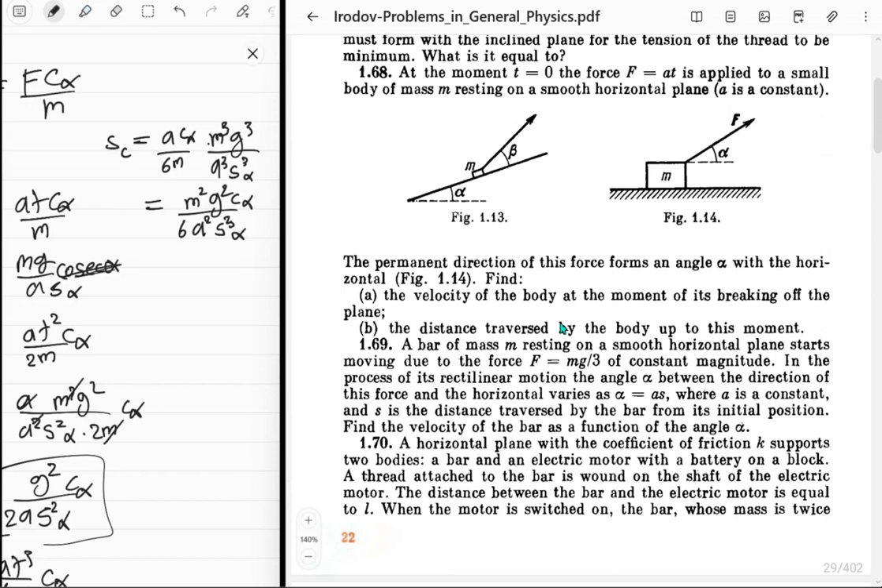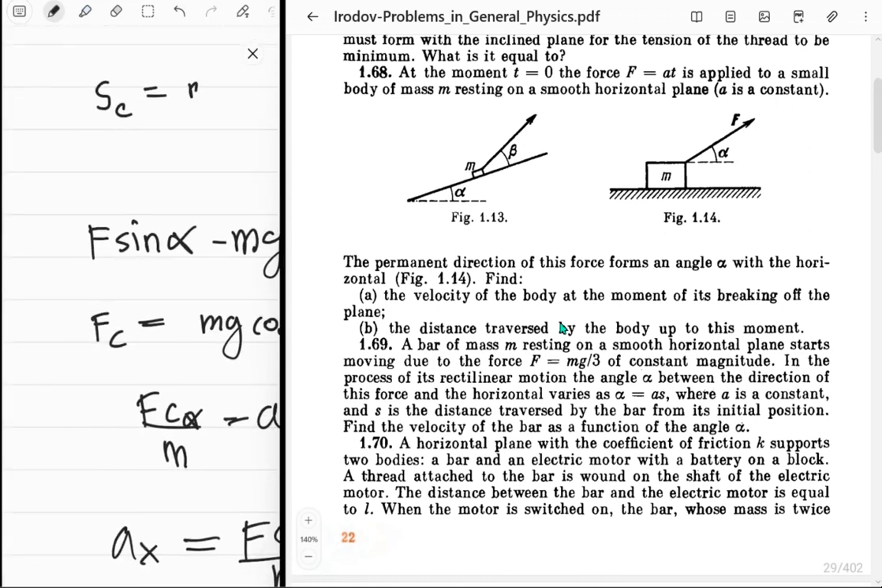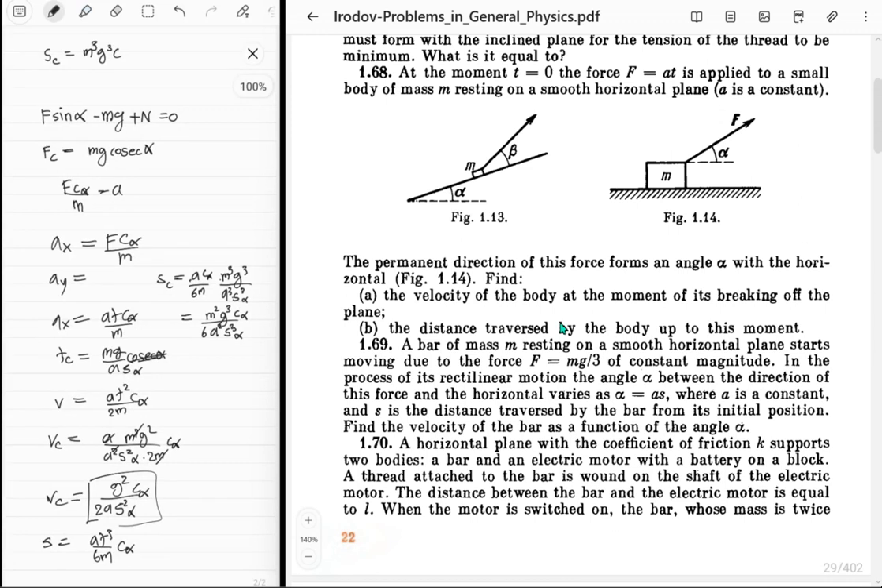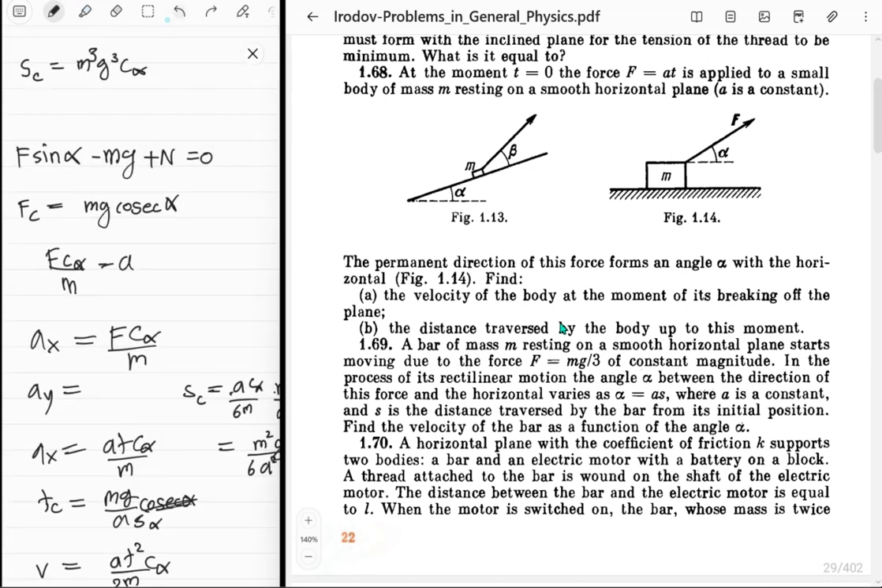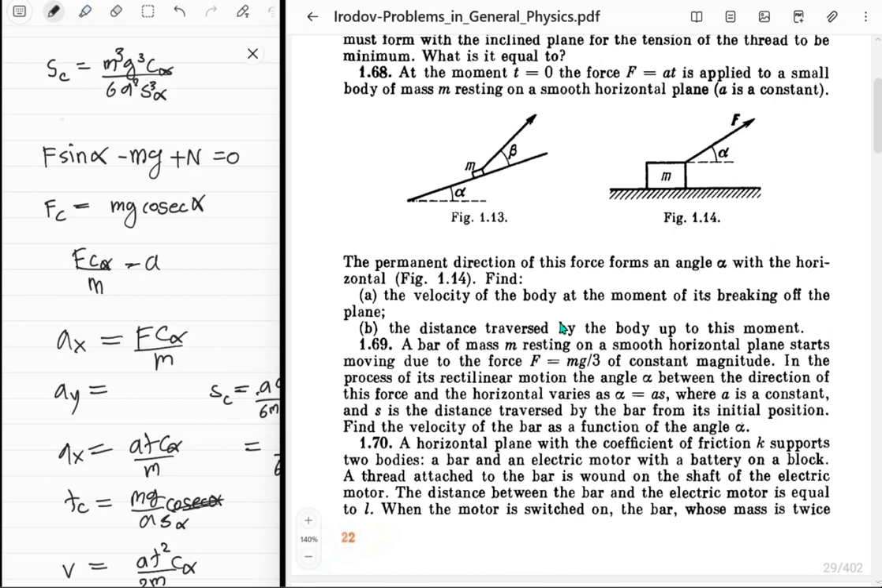Wow, this is just horrible. Okay, why is this g squared, right? It should be g cube, sorry. A gets cancelled, m gets cancelled, so m squared, a squared, g cube cosine alpha sine cube alpha, 6. Cool. So let's do it. The distance traveled till that moment, that is this thing, m cube g cube. What is this? Why is this so big though? Upon 6a squared sine cube alpha, and the critical velocity is